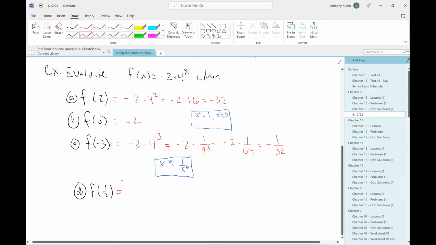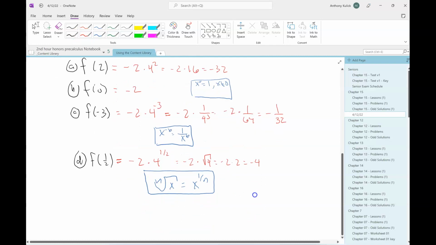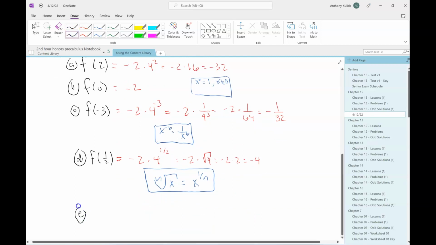and all that. If I have f of 1/2, again, I'm going to plug 1/2 in for x. And as we hinted at just a moment ago, what is a fractional exponent going to be equal? In this case, the exponent of 1/2 is the same as a square root. So the rule that we're using there is that,